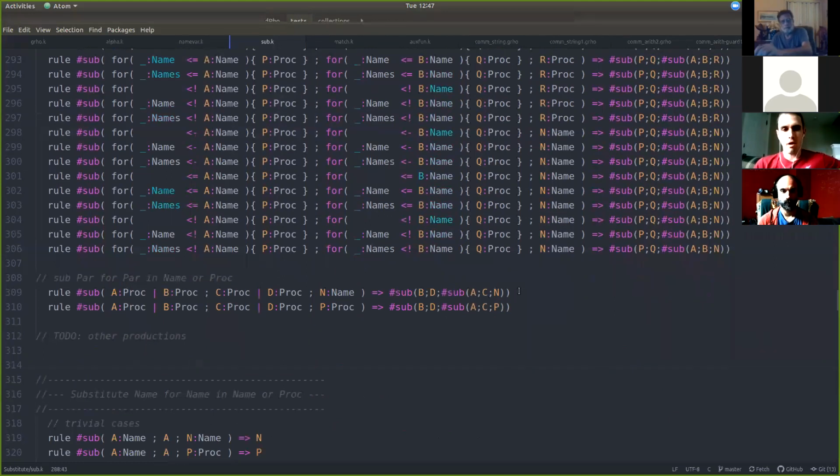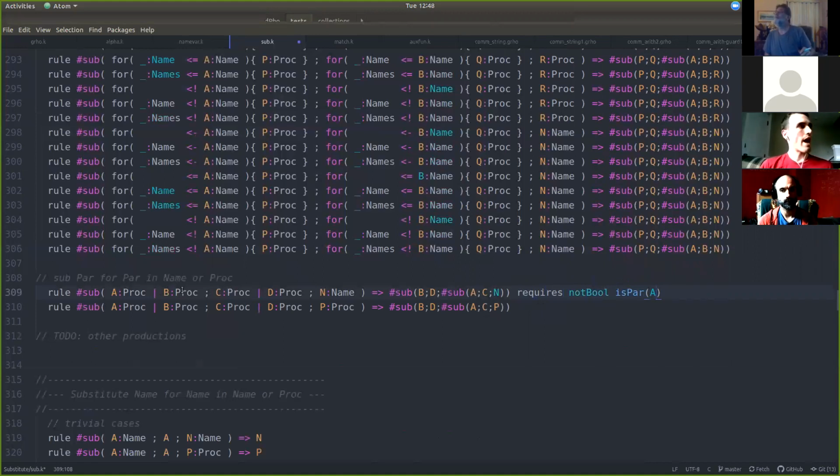Yeah, and for substituting a par for a par, all I'm doing here, and maybe actually now that I'm looking at this, I probably need some sort of statement here like requires not bool is par A, and probably also C is not a par thing. I don't even know if that's absolutely necessary, because